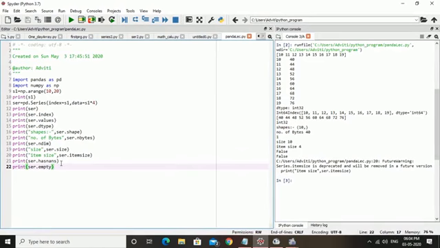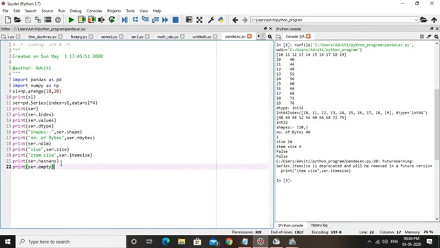Besides this, we can also retrieve values from the series using the head and tail functions. The head function in a series returns the top 5 values by default, and the tail function displays the bottom 5 values. Now let's check the practical of how we can write it.